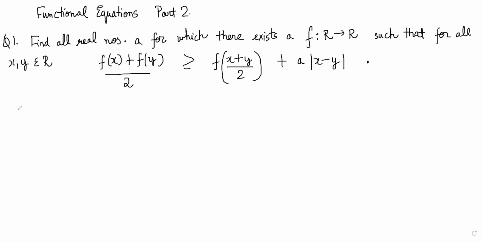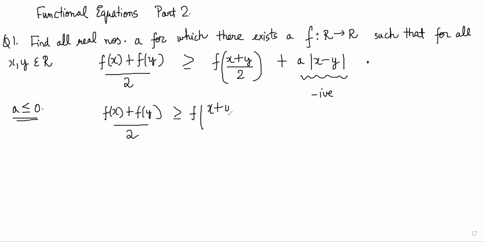So let's look at the case where a is less than or equal to 0 here. If a is less than or equal to 0, this quantity will become negative. So we can say that if we are able to find a function such that (f(x) + f(y))/2 is greater than or equal to f((x+y)/2), if this result is true for some function,